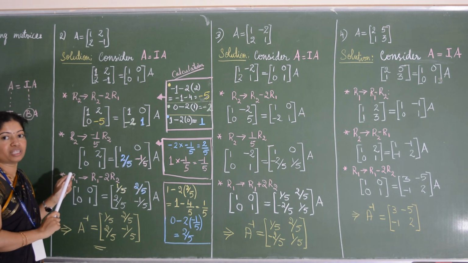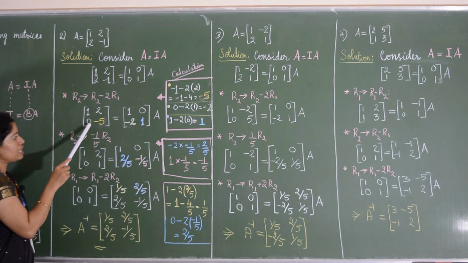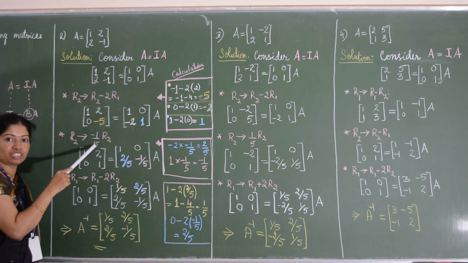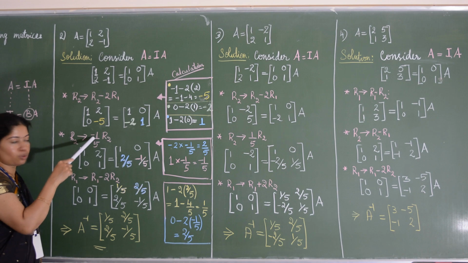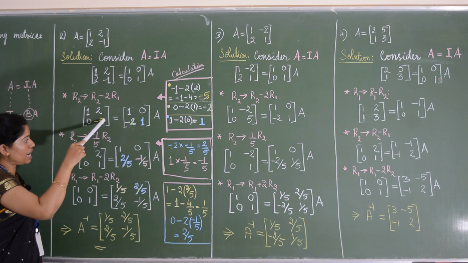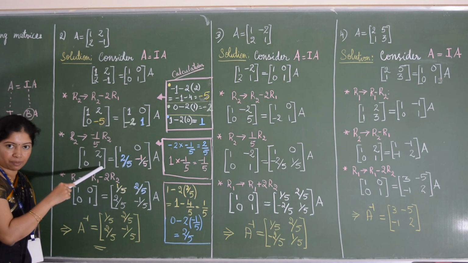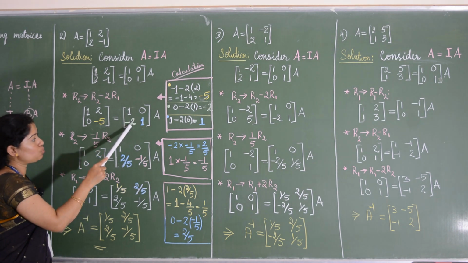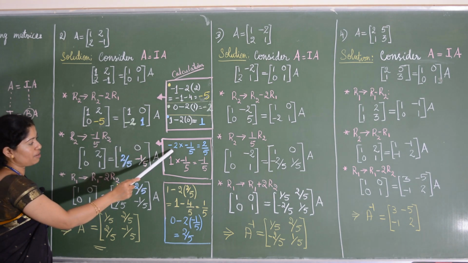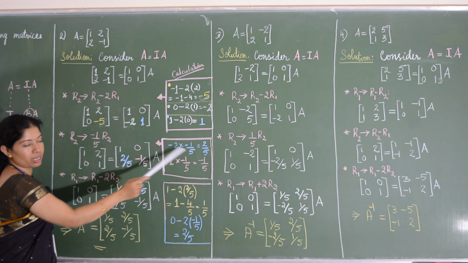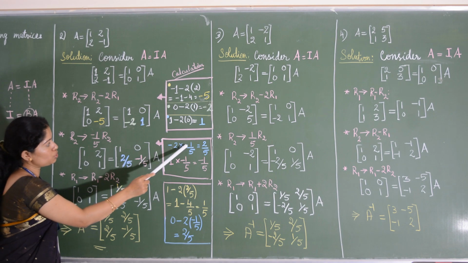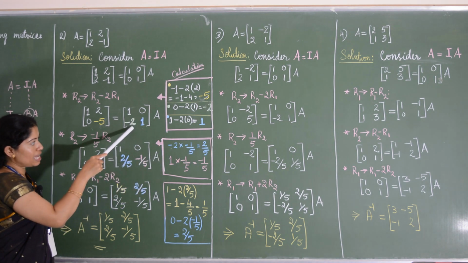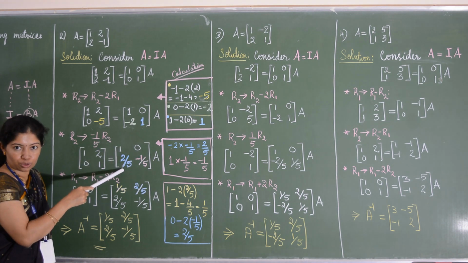Apply the operation to the second row now. So it is 0 into minus 1 by 5 is 0, and minus 5 into minus 1 by 5. Again I told, minus into minus will become plus, and 5 you can cancel, it will become 1. Now apply the same operation here also. Minus 2 into minus 1 by 5: minus into minus will become plus. So it is 2 by 5. So this has transformed to 2 by 5.